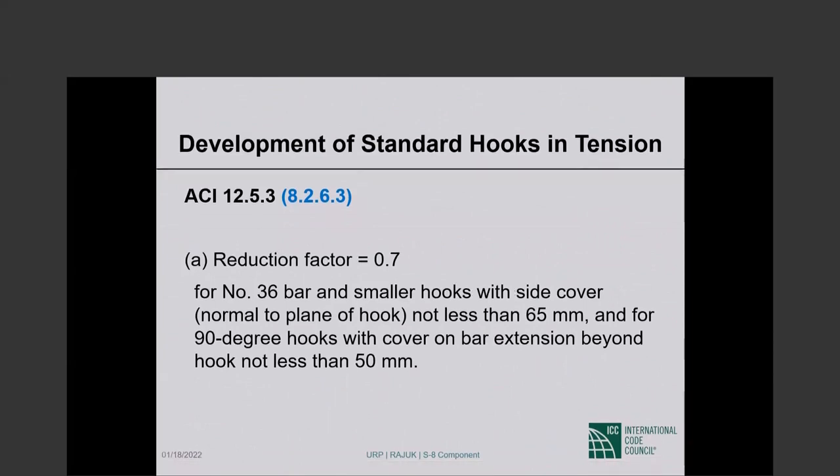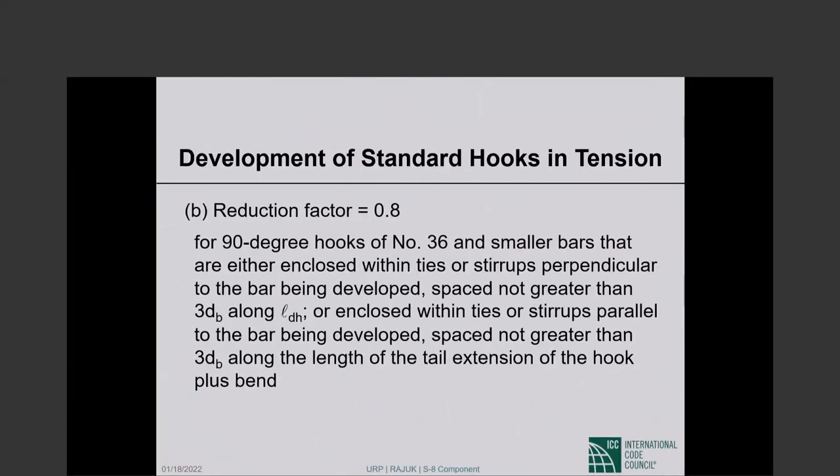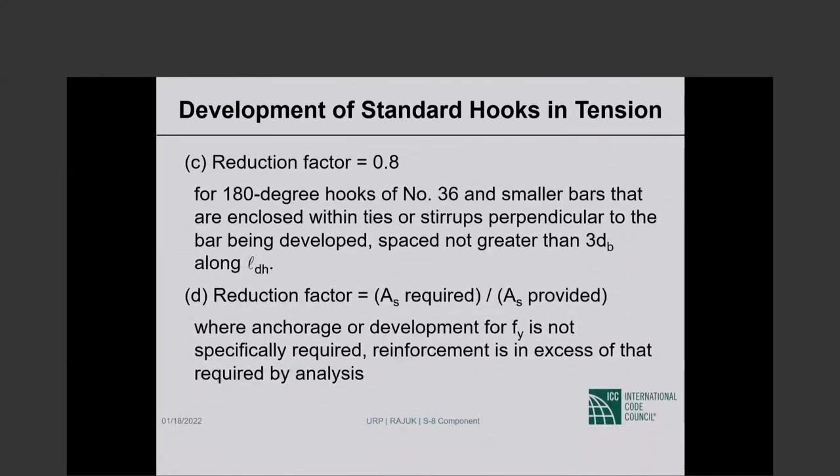Okay, then so that's one scenario. You may have a reduction factor of 0.8 for 90-degree hooks of number 36 and smaller bars that are either enclosed within ties or stirrups perpendicular to the bar being developed, spaced not greater than 3 diameter along l sub dh, or enclosed. This reading is too much. So what we are saying is 90-degree hook